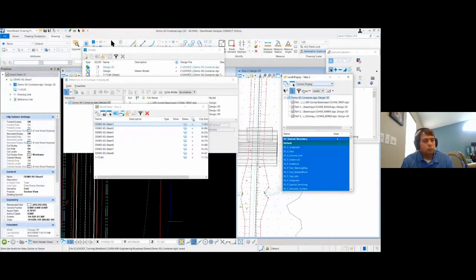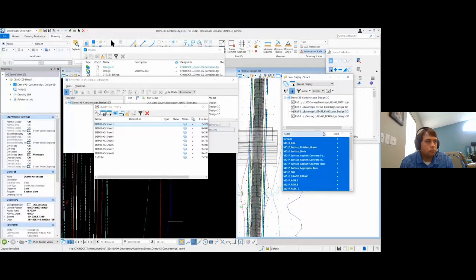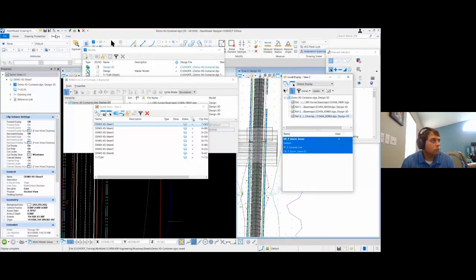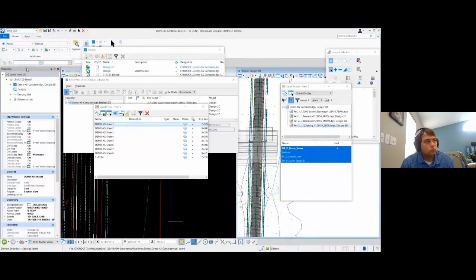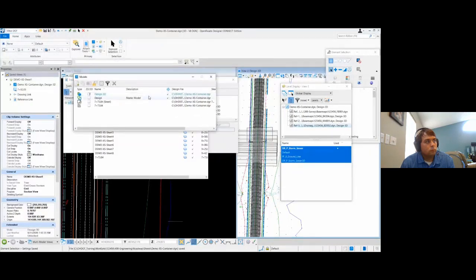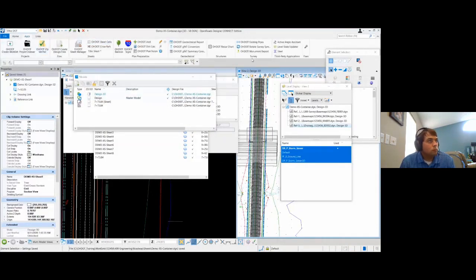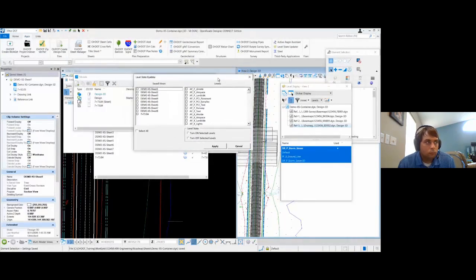There is one additional way you can control level display, but first let me just turn all these back on, as well as turn on that storm line. Okay. So the last way you can is through a VBA Bentley released. We have added this to our workspace. We'll be adding that other one for plan and profiles most likely in the near future. But there's one called Level State Updater. We tweaked it a tad bit from what Bentley released, but it's just a way to help update the save views that I just showed updating manually.